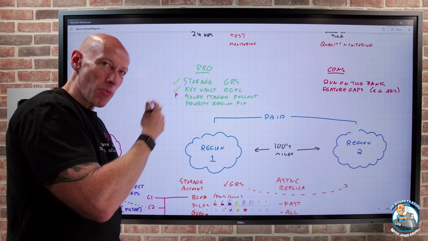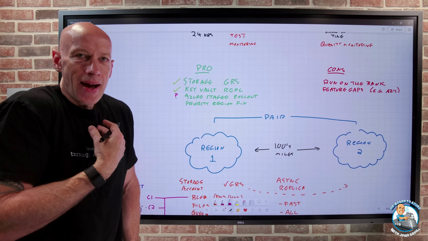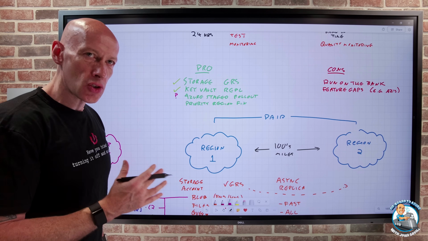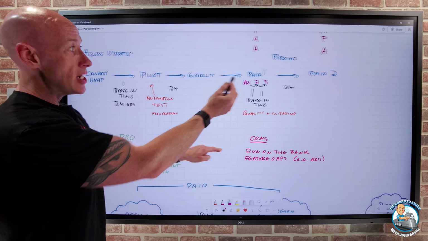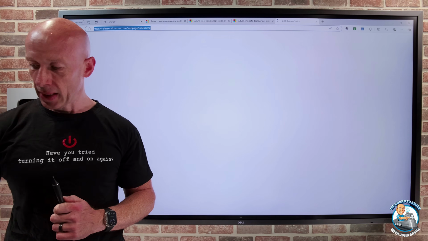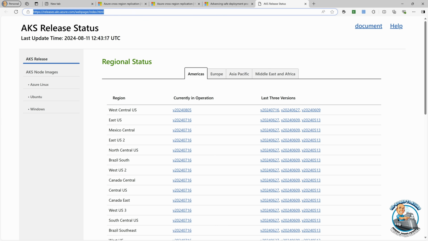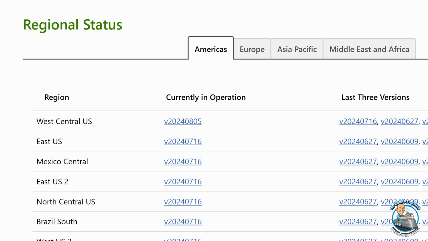Depends on my architecture, whether I can do that. The priority region fix, again, I've generally not seen that as a huge thing anyway, but just something to consider. When I am thinking about the regions to use, some services do share their order. So if I look at AKS, for example, it tells me, well, it always deploys to, this is its regional